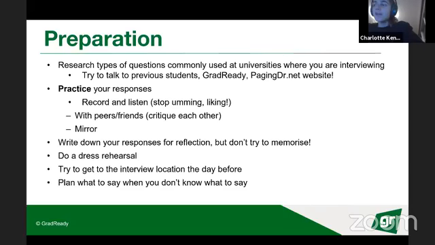And plan what to say when you don't know what to say. That's always a good one, because sometimes you'll finish stations early and it'll be really awkward because you're both just sitting there staring at each other, smiling, trying to be like, I'm so friendly. But really, you and the examiner are both hating it. And that's normal. It's so tempting to say, but I would like to add this, or to just keep talking. Just don't keep talking.